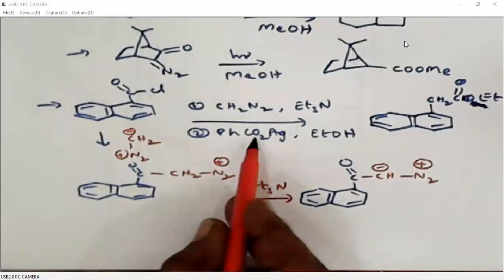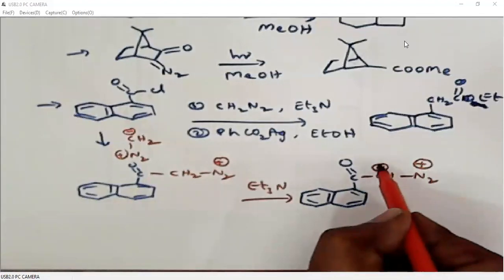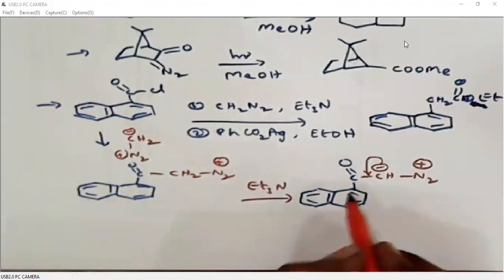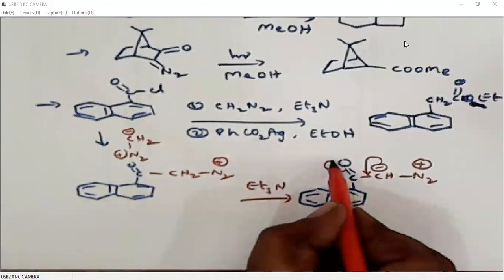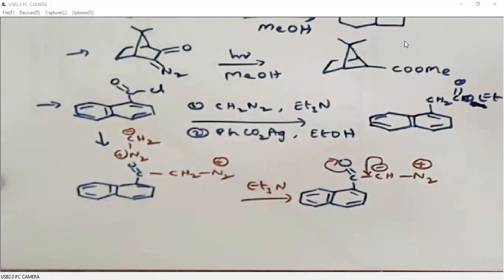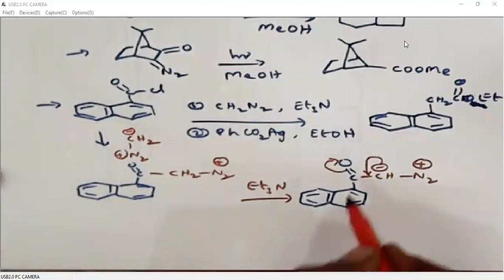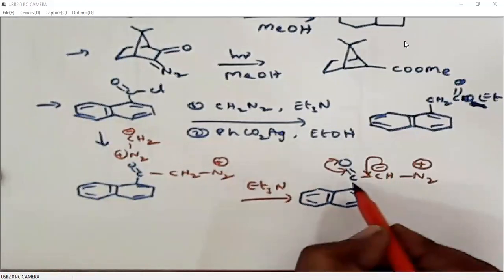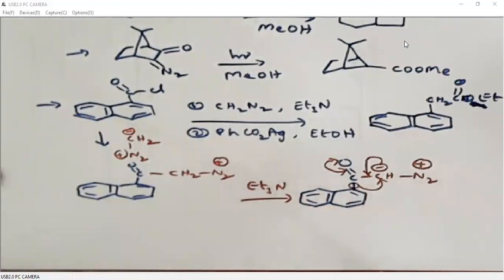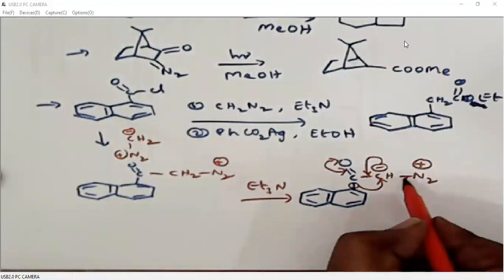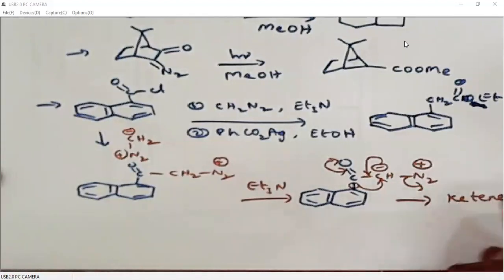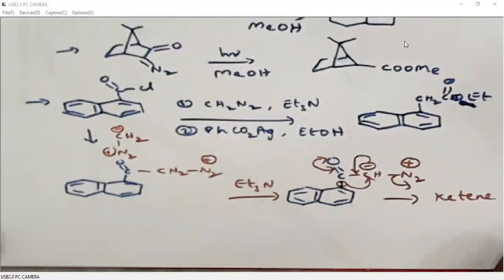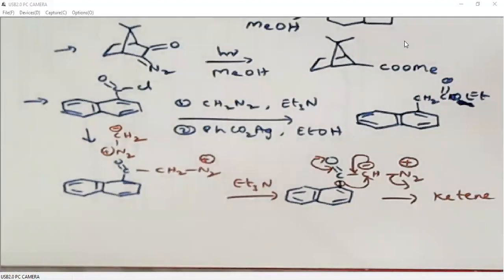Now after treating with reagent, it will undergo rearrangement to generate the ketene. So negative charge will be polarized towards the carbonyl. Carbonyl double bond will break down first, and in the second instance it will form again. Then this alkyl migration leads to ketene generation. That ketene, when it is treated with ethanol, of course it is in ethanol solvent only, so it will generate the ethyl ester.